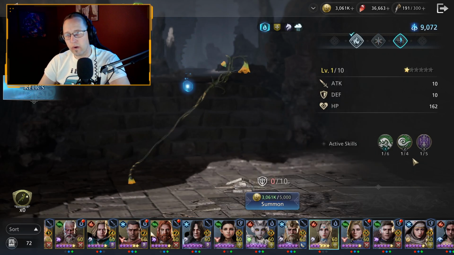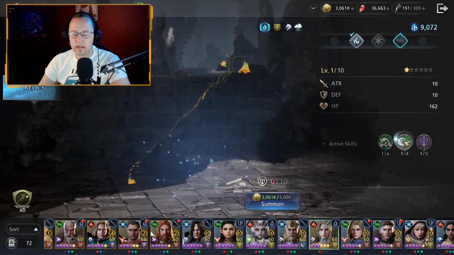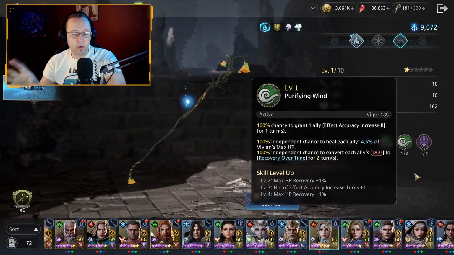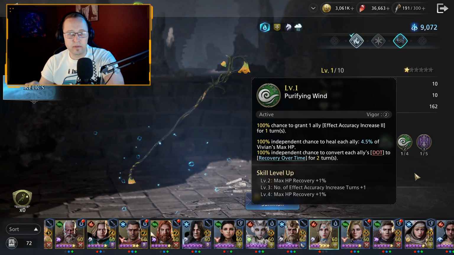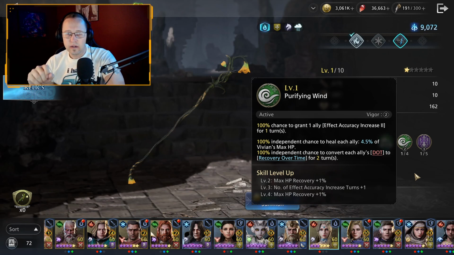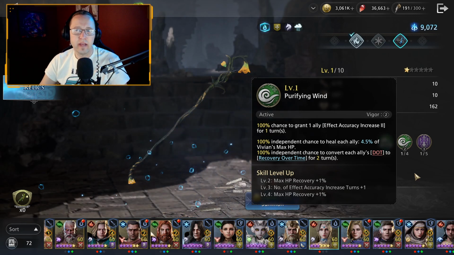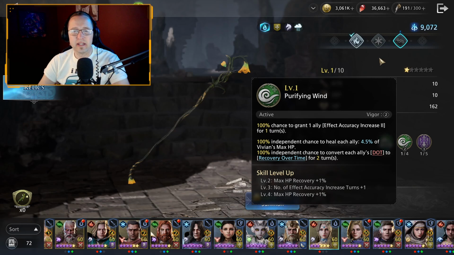And then we get to the Wind one. Okay, so the Wind one, let's just look. Already you can see that the S2 is a heal again. So we're giving effect accuracy to 1 ally, which is useless. It's not useless, but it's for the most part useless. You have a 100% chance to heal each ally for 4%, so not a whole lot. You can get that up to 6.5. So the S2 is also an AoE heal, and she cleanses the dots. So nothing crazy, much like the Fire Relic, but you're also giving that effect accuracy too. So I'd say it's a little bit better than the Fire Relic in that sense, but it's not attacking like